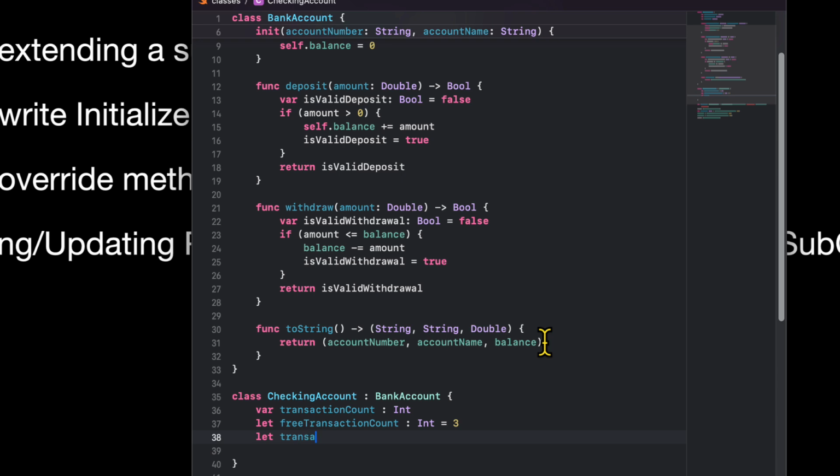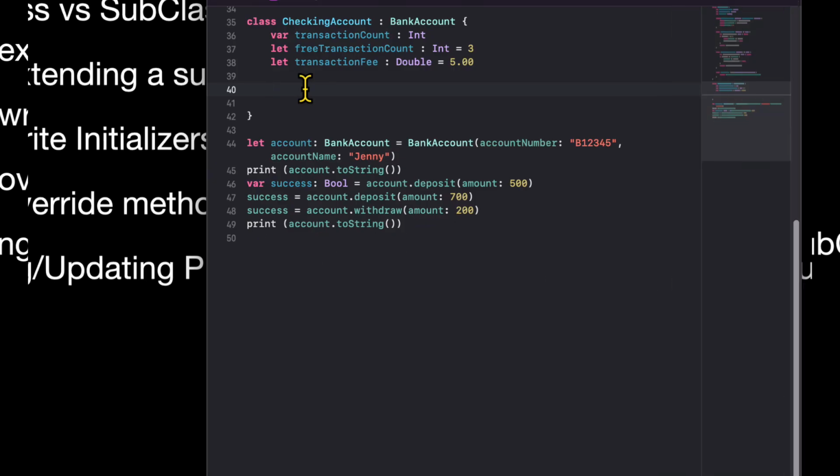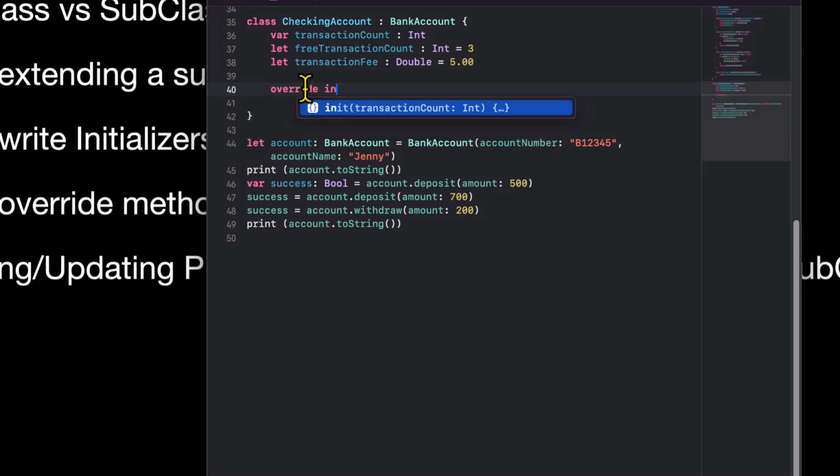So this is going to be transaction fee. This is going to be doubled because it's a money, and I'm putting in $5. Now on our initializer, we want to replace the super initializer. So when it calls the 2-argument initializer, we want it to use ours instead of the one that's in the super class. In order to do that, we have to use the keyword override and specify our init, passing in